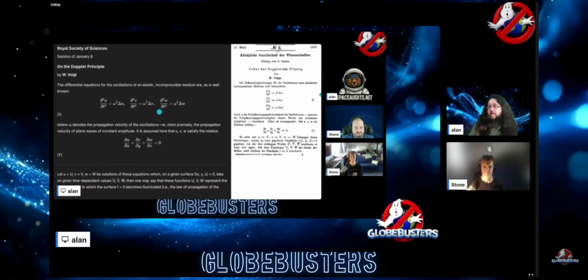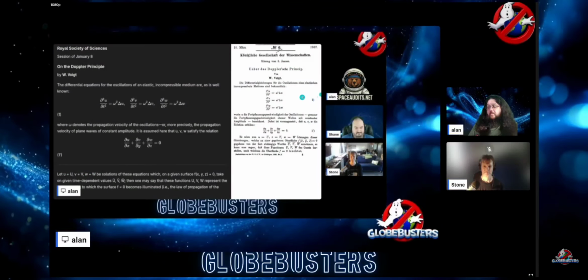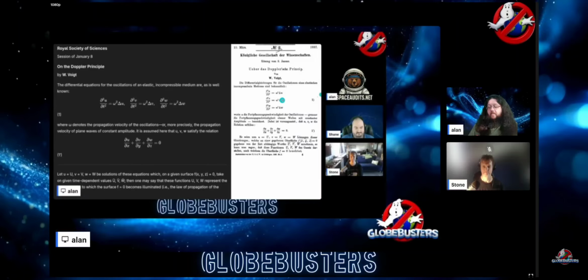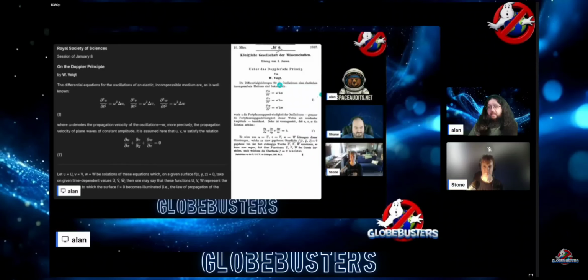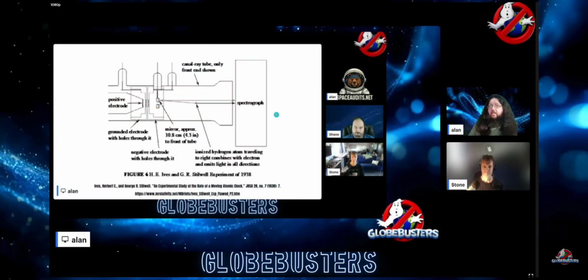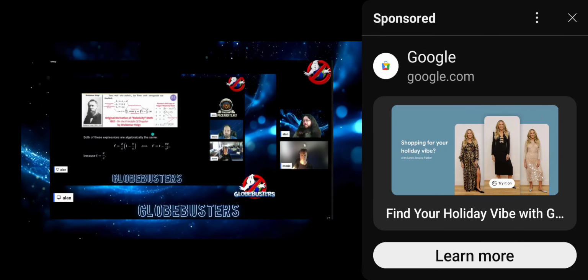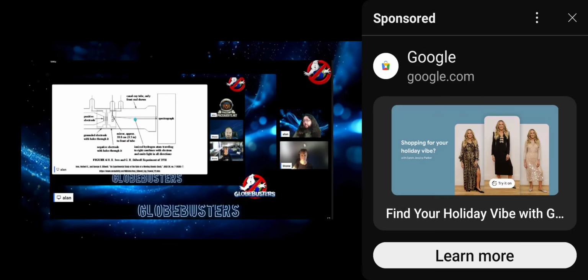But more importantly here, we have the original source of the Lorentz transformations, which can be done by just algebraically rescaling the forms to the longitudinal form. So right now they're in the transverse form, which doesn't lead to length contraction in the x direction. But anyway, if you multiply that out to rescale it, you'll actually get the modern Lorentz transformation, and even Lorentz noted that. And in this really cool experiment where gas was deionized and then reionized so that it would become a moving photon emitter, essentially a moving light emitter at quote unquote relativistic speeds, they were able to measure frequency shifts that are proportional to what these equations predict with respect to an elastic medium, rather than no physical purpose at all, which is what relativity would predict.